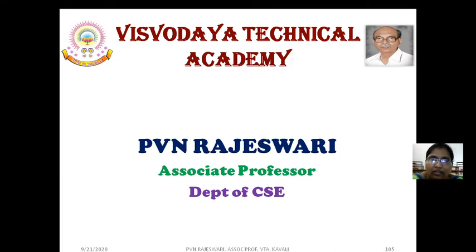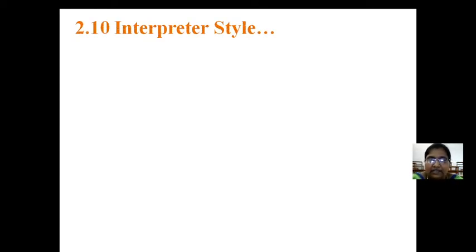So here also we have the interpreter style, in which we have two main things to remember: one is a component, and one more is a connector, as usual. So where do we have to use the interpreter? We use the interpreter whenever there are two different sources facing a problem with two different technologies, two different conventions, and we can't communicate directly with them. At that time we need an interpreter.